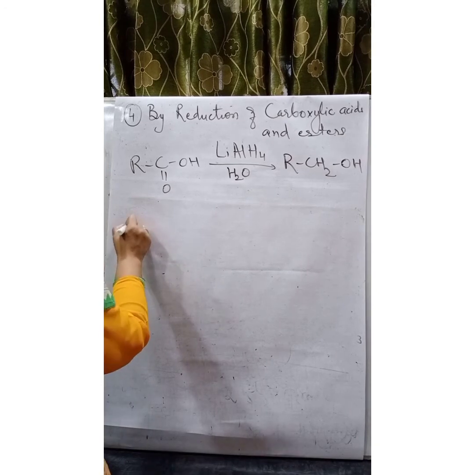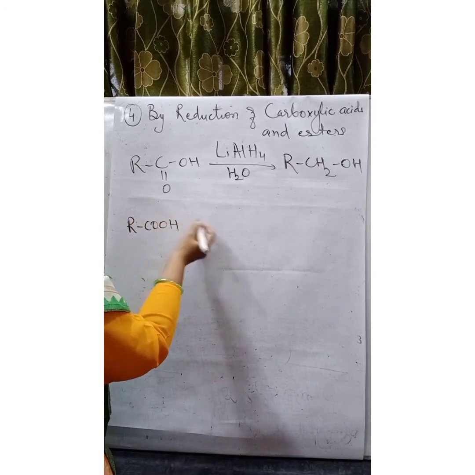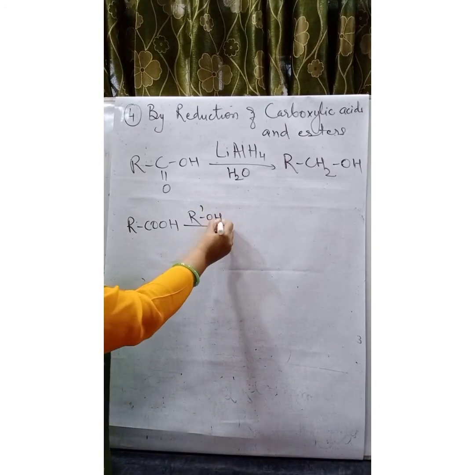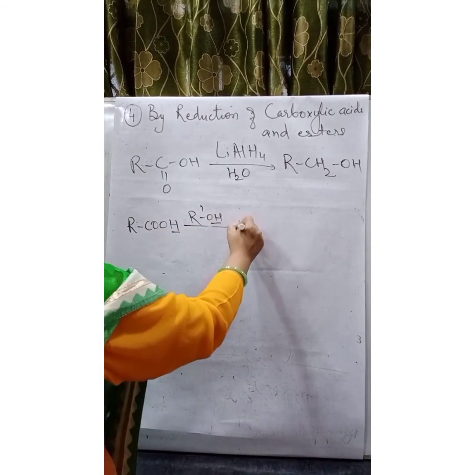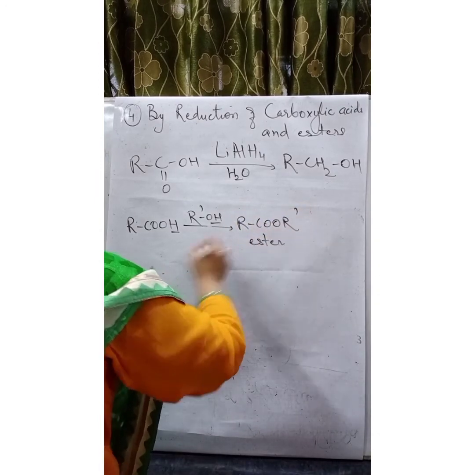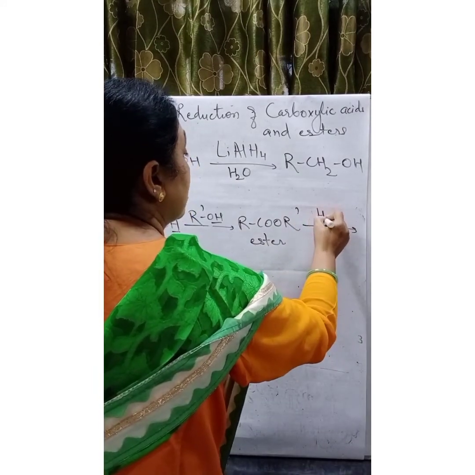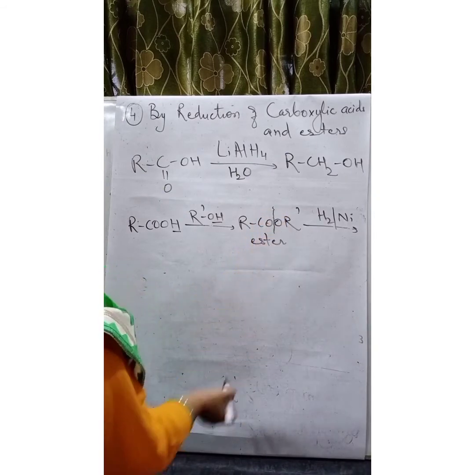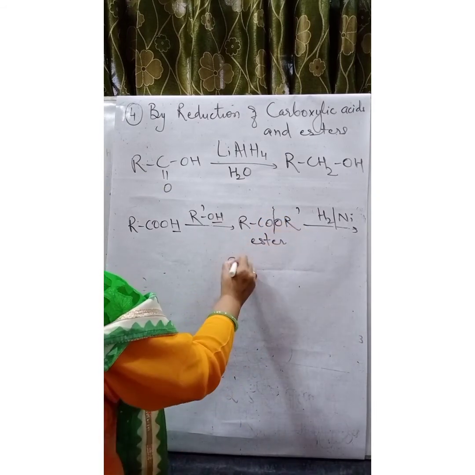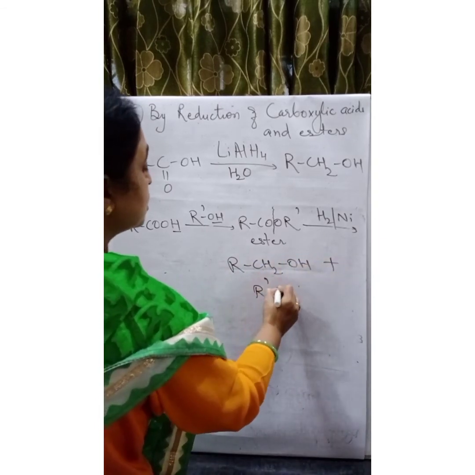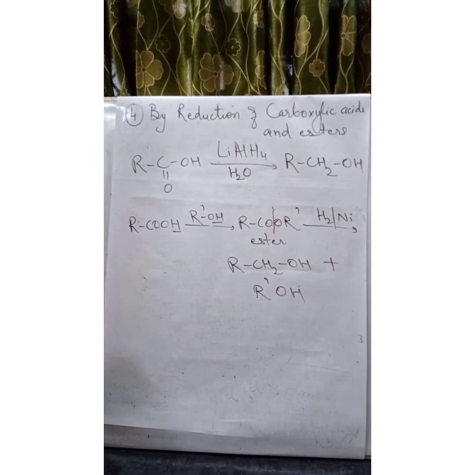So how are we going to convert it into ester? An acid is reacted with a molecule of alcohol. So this OH and this H are going to form water and it forms an ester. When you carry out reduction of this ester in presence of any reducing agent, the bond breaks from here. This portion gets reduced and we get RCH2OH plus R-OH. So basically we get a mixture of alcohols which can be later on separated.